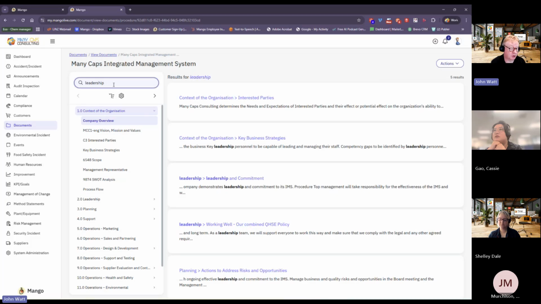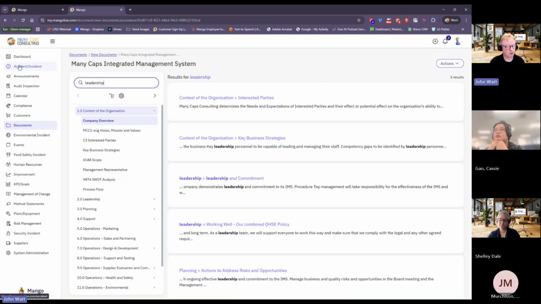It's coming out shortly. So not in the documentation side of things, but for instance, in our accident incident module, and it'll come across all of our workflow modules, we have a thing called AI Assist. What it'll do is you go through the accident and get to the investigation, and you can use AI Assist to review what you've done in the investigation. And it'll say, hey, look, I think you've missed this, or you need to consider that law, or you need to consider this, and give people some prompts to go off and consider.